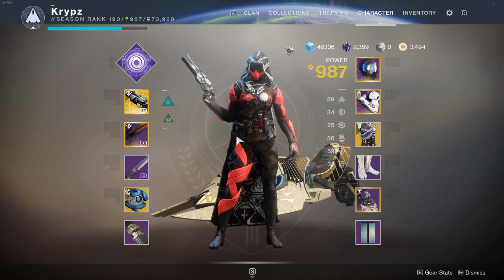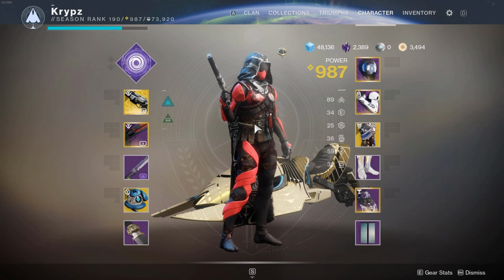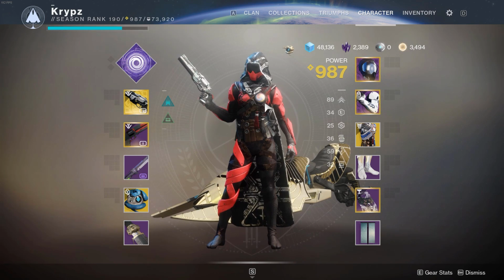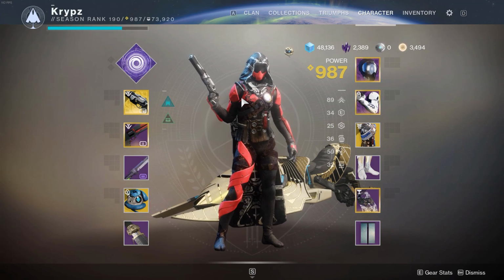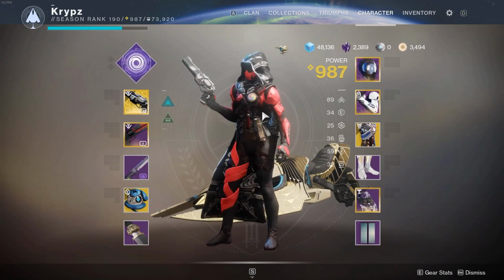The cloak is the penumbral cloak from the Crown of Sorrows, and the shade that goes over this on the helmet, arms, chest and boots, you want the Crimson Valor, which dropped back in Crimson Days. Sadly, it's no longer obtainable, and you're going to have to wait until next Valentine's in order to be able to get the shader again. And for the cloak, to get the black colour, you use Amethyst Veil, which drops from Bright Engrams and the